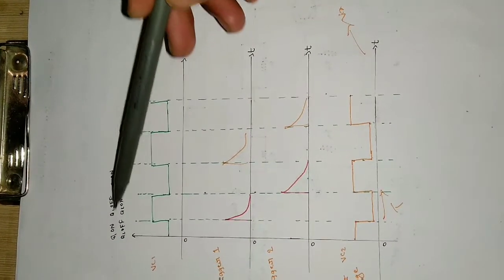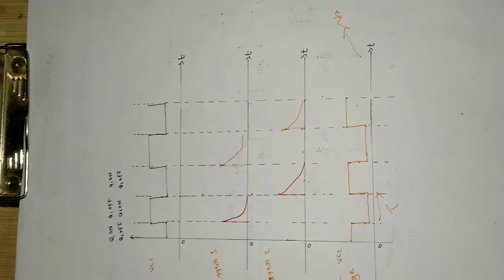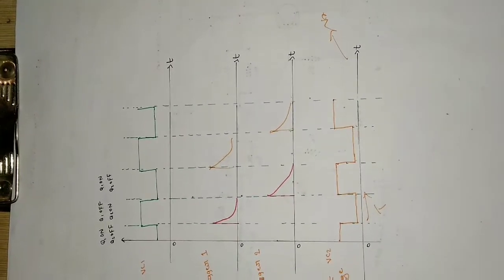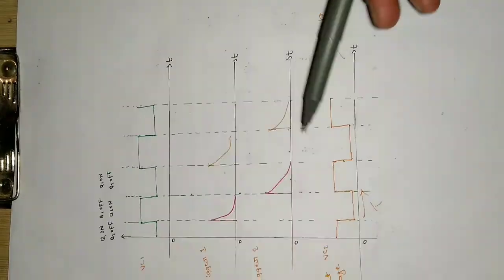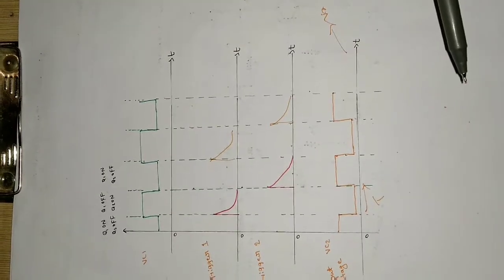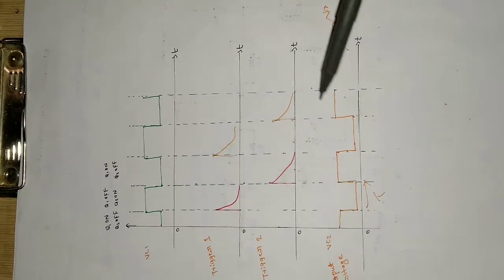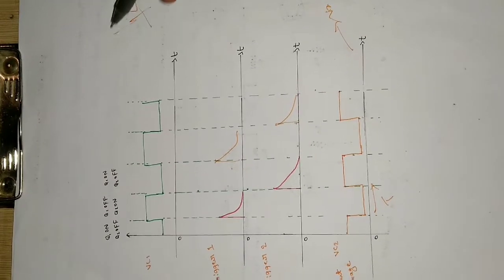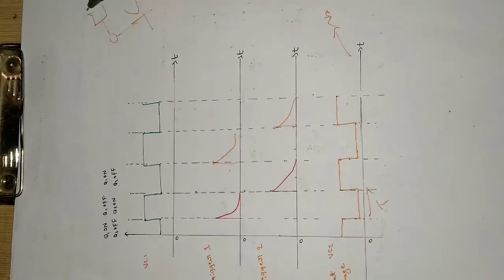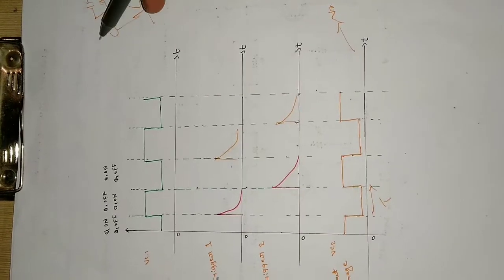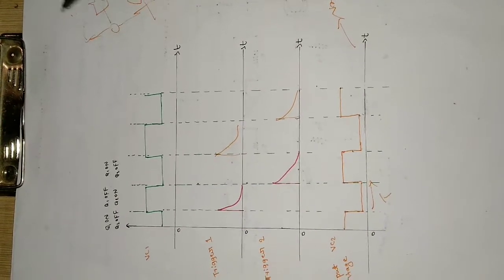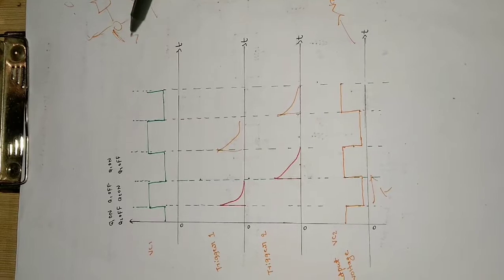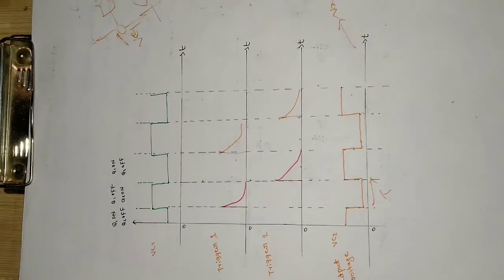So Q1 is on, Q2 is off. Q1 is off, Q2 is on. So like this it will be changing. So this is trigger 1 for transistor Q1, and this is trigger 2 for transistor Q2, and this is the output, and this is the voltage which is present on the transistor Q1 at this point. Here is the capacitance and resistor as I showed earlier. So this is the VCC point. Okay, so this is the voltage VC1 here.